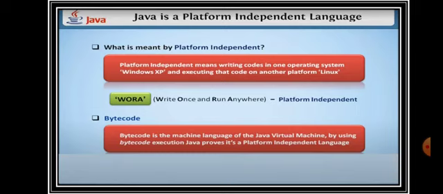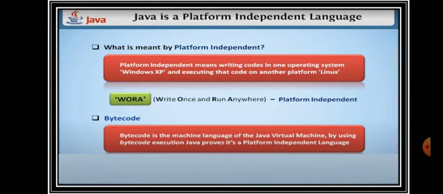Number 2, bytecode. Bytecode is very, very important in Java, children. Bytecode is the base in Java programming. So again, it is very, very simple. Bytecode is the machine language, as you know, in the form of 0 and 1, of the Java virtual machine. In short, Java virtual machine is called as JVM.